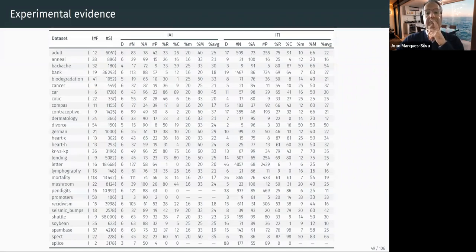And so these are two tools. I cannot actually see them. So IAI is a commercial tool developed in the US by a company called Interpretable AI. They pride themselves on producing interpretable decision trees. And ITI has been around for many years. It's well known, highly tested.